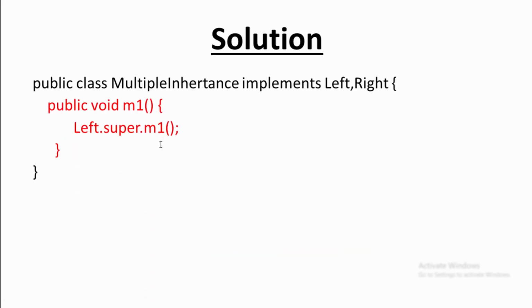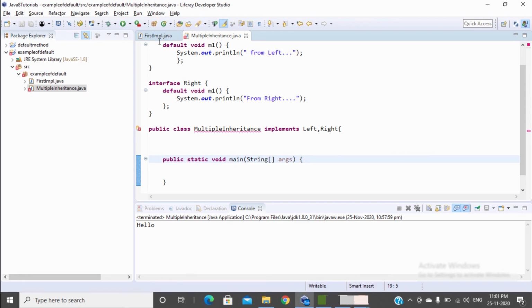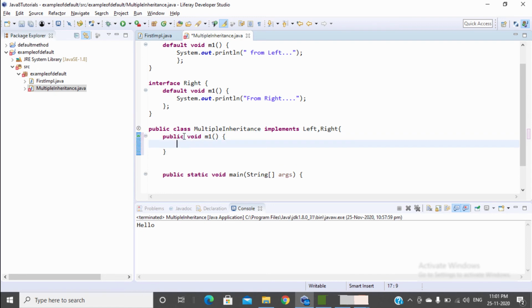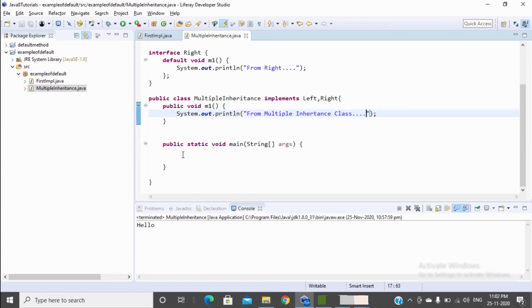The solution is you can override the method inside this class to resolve the conflict. Let's override, and we know if we want to override a method, then we use public. Let's try to call.